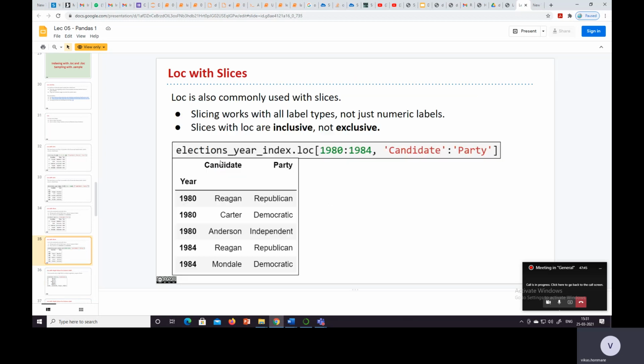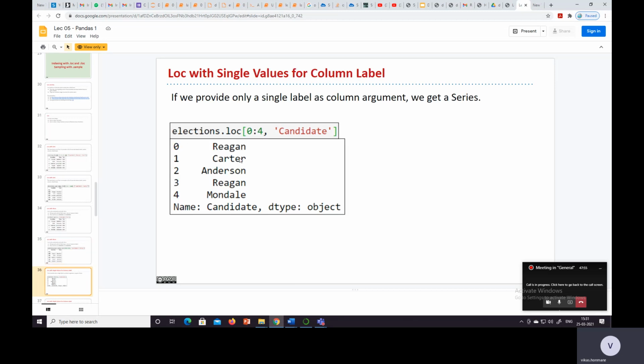Previously we were getting this output, which is the data frame. But when we use a single argument for the column, we get a series object.